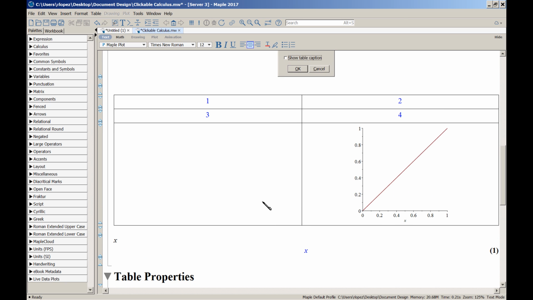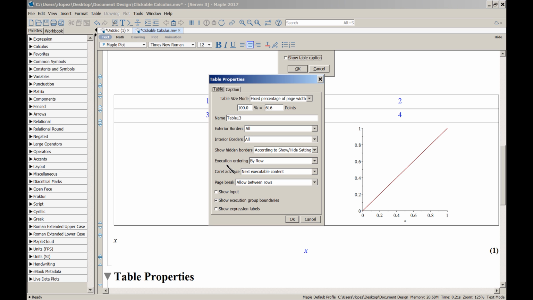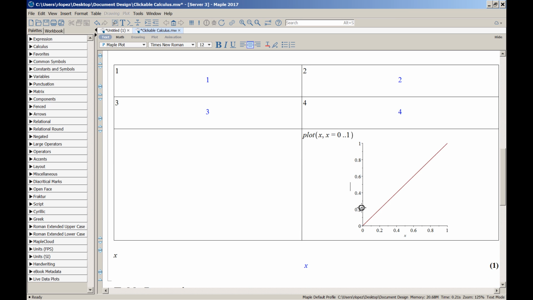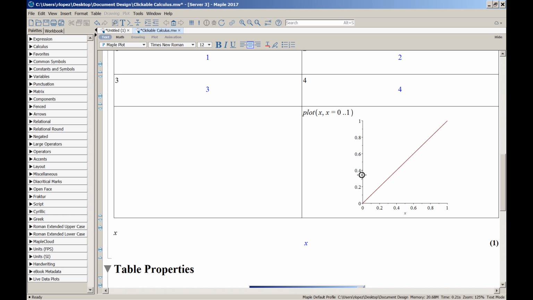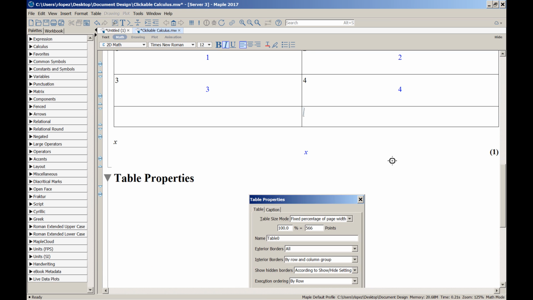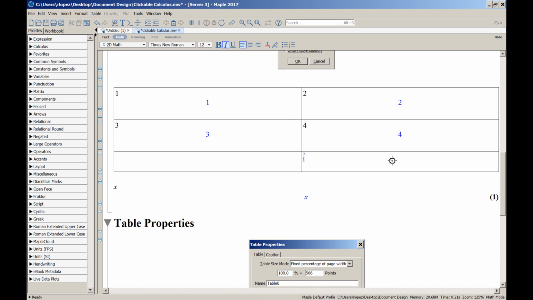Now that's a table-wide command, a table-wide option. The plot command is hiding behind this cell. It can be recovered by checking that box in the table property, but it affects the whole table. So here is the way I deal with that issue: if I want a graph or something to show in a cell and I want the command to be hidden, but I want commands and inputs in the other cells to persist,